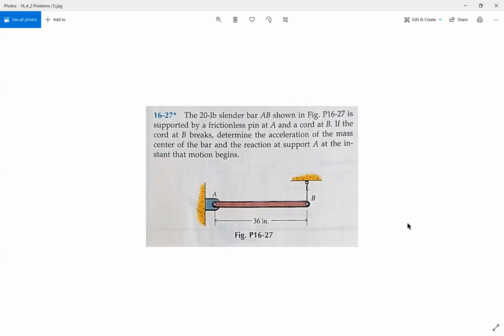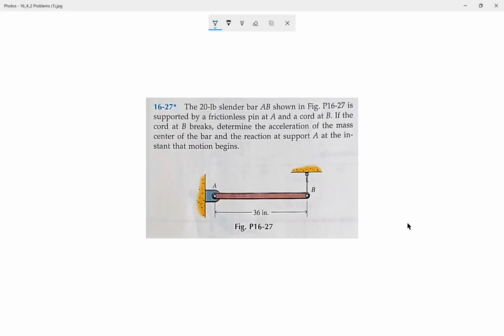All right, so in this problem, we're having to imagine that this line at B has broken, but the bar hasn't actually moved yet, but the acceleration has started. Okay, so sometimes that can be a little confusing. And if we look at how this structure is set up, you'll have a smooth pin at A, no friction, and the rod is only allowed to rotate about the axis Z at point A,